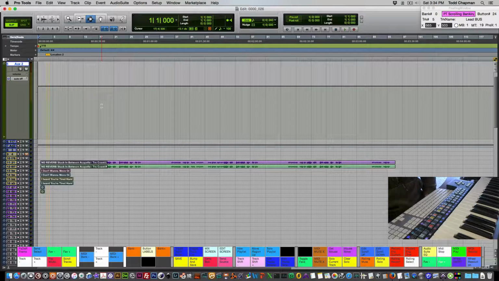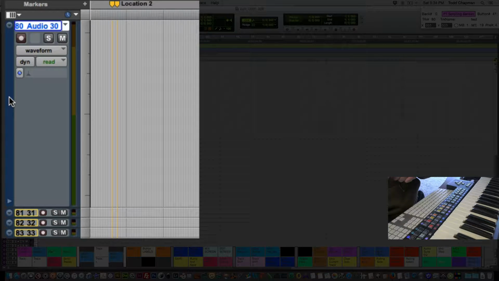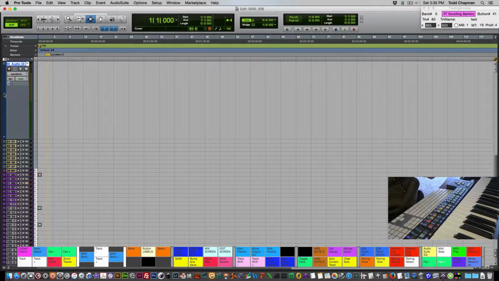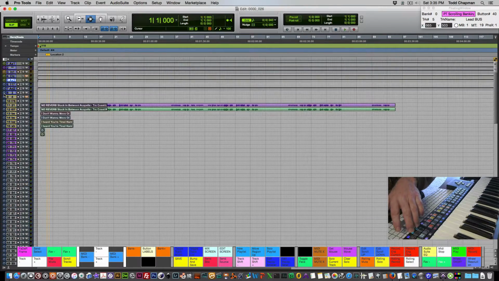I'm in the edit screen. I'm going to press favorite up, and you can see that I'm on track 5. I'm going to press favorite down, and now I'm on track 80, and I can set this track height to whatever height I want it to be, so I can quickly go from track 5 to track 80. Okay,